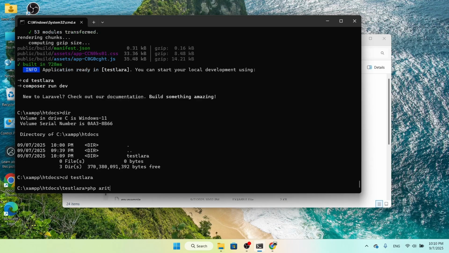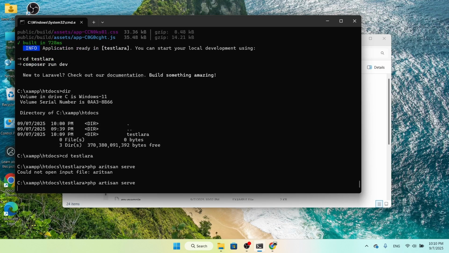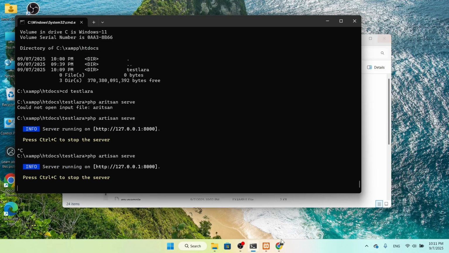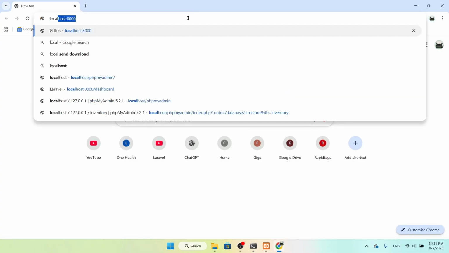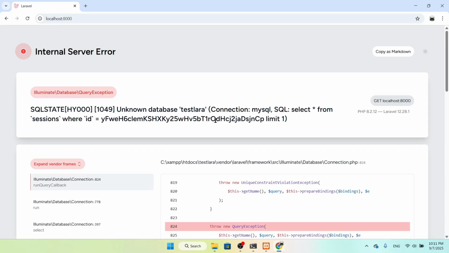If I say here php artisan serve, here you can see it is running the server, and that is a local server, right? With a different port, and that is :8000. Instead of this 127.0.0.1, you may write here localhost. Now if I go to the browser and say here localhost:8000,